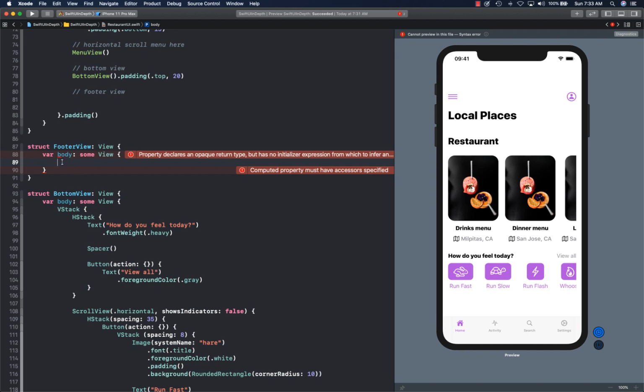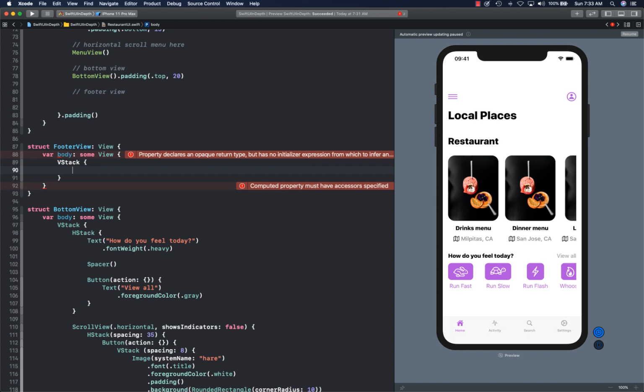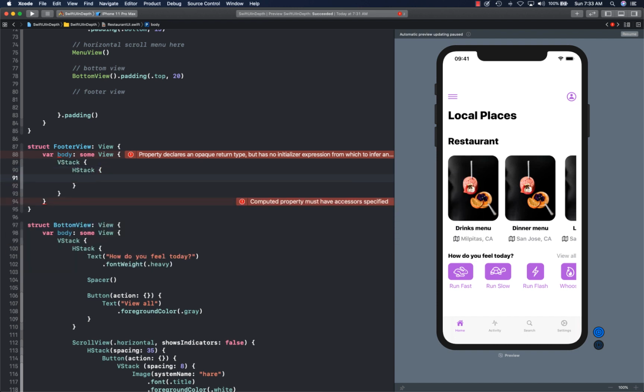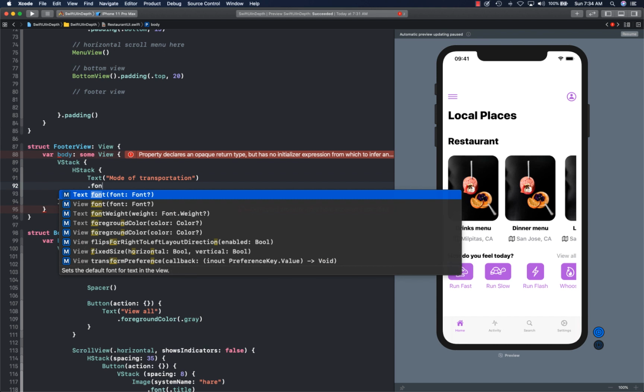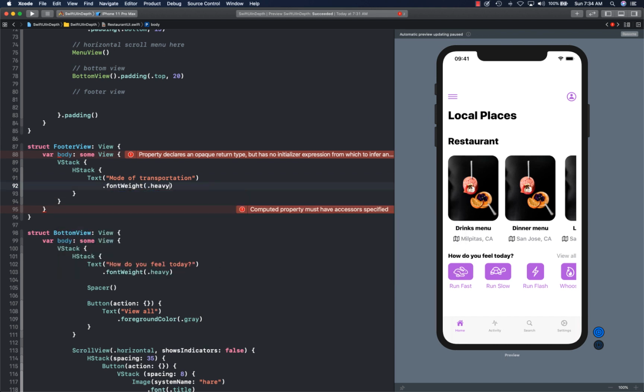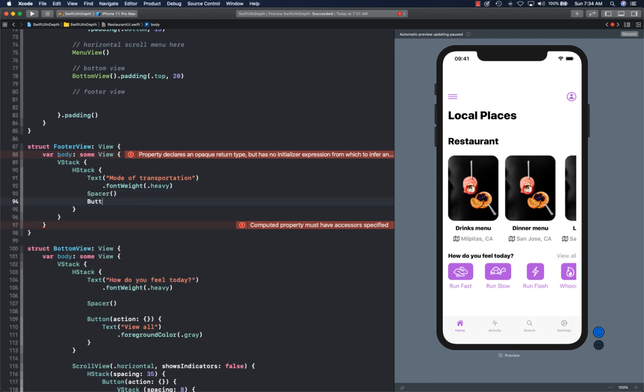So we're going to start again with VStack and HStack, and we're going to give it a text. Okay, mode of transportation. Create heavy. Spacer, okay, button,